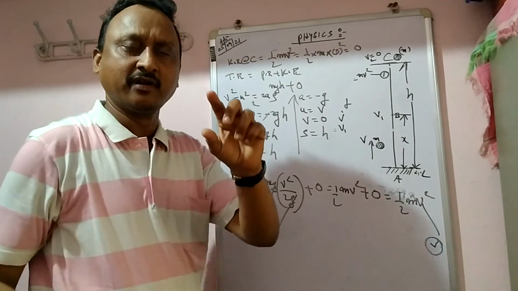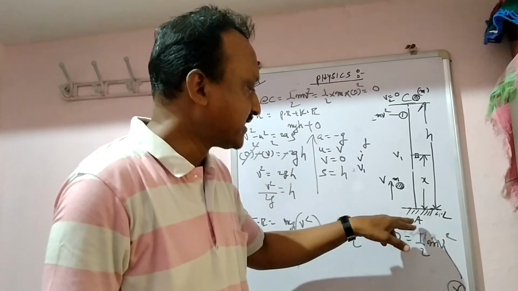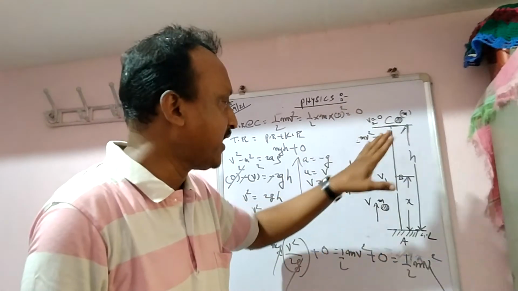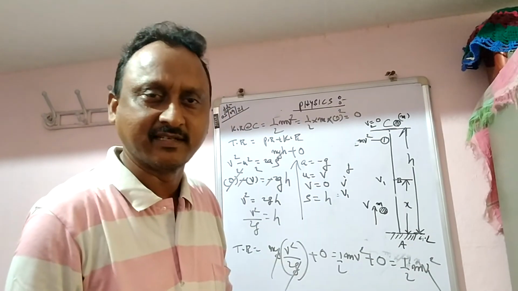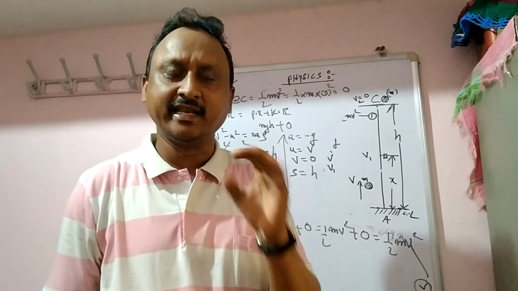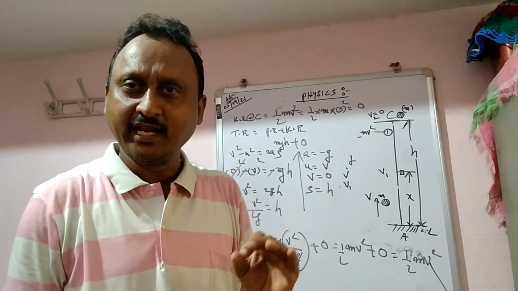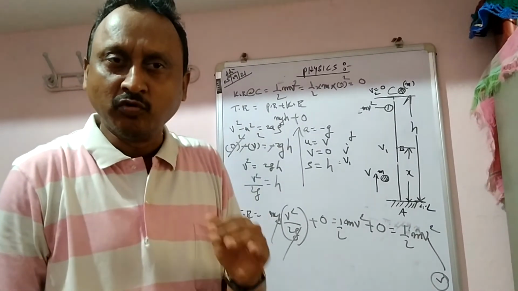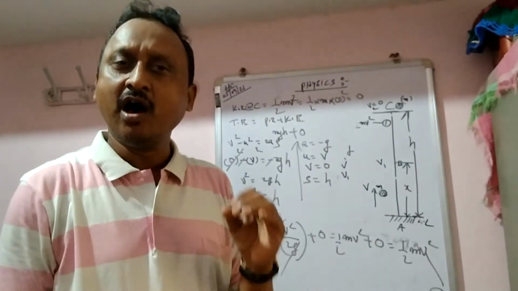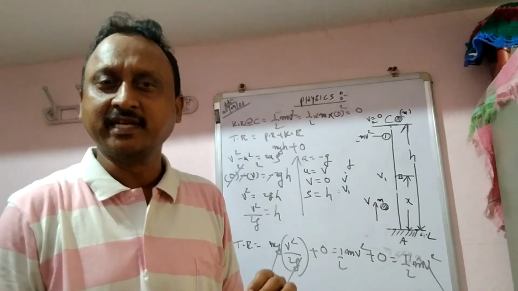So now you can observe from equations 1, 2 and 3, for the journey from A to the highest point, all the energies are constant, in the form of kinetic energy. Therefore, it is very clear that in the case of vertically projected bodies, the total energy remains constant throughout the journey from A to C. Hence, the law of conservation of energy is proved in the case of vertically projected bodies.